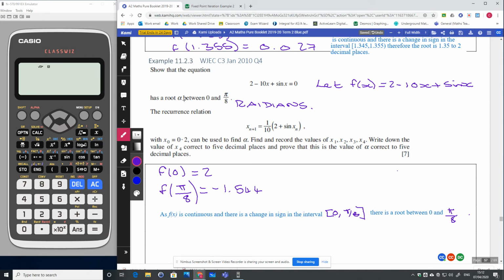Okay, so make sure your conclusion answers the question, and as we've said before, generally if you go back to the question and rewrite out what it says, so it has a root between those two values, you tend to be